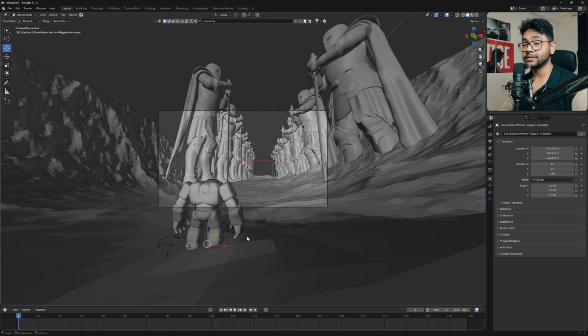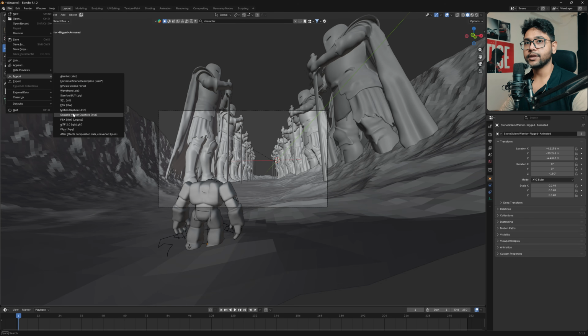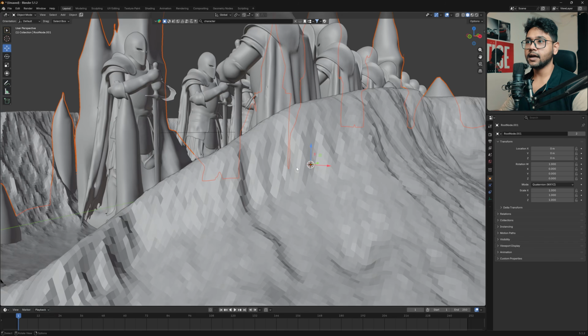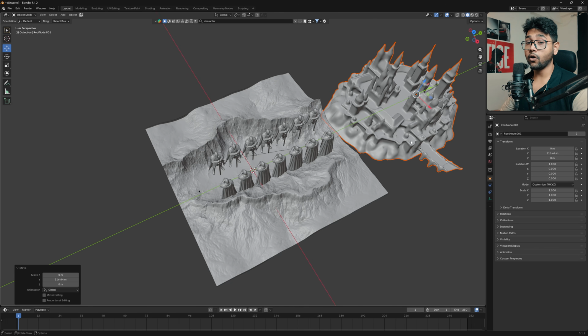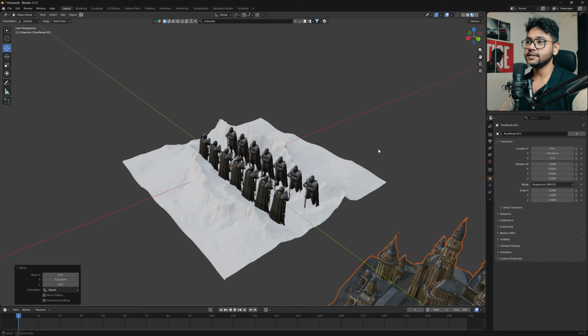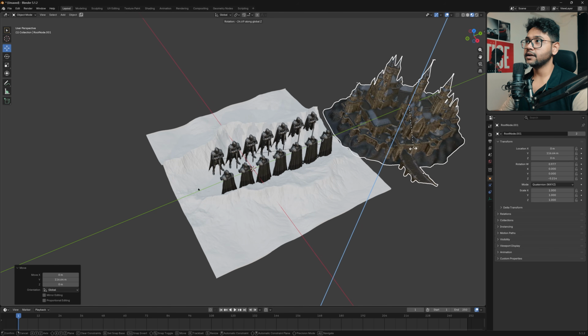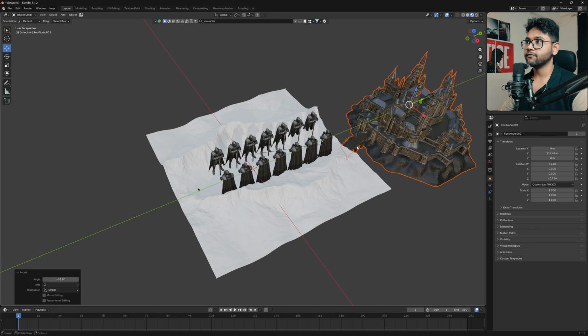So now I'm going to import the castle models as well. So go to File again and then go to Import and then GLB and just double click, and now this is the castle model. And the best part is these models are all imported with textures. So if you just click here, you can actually see the textures. So now let's rotate it and fit it with the scene.